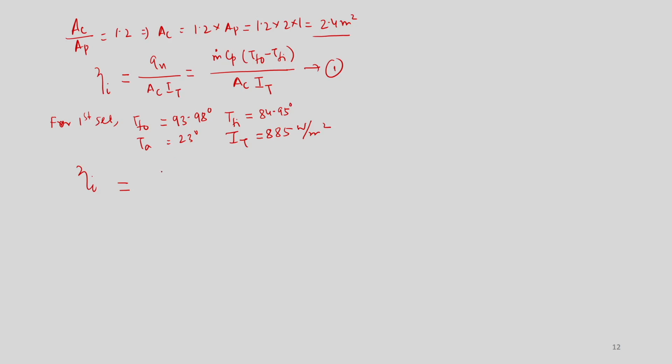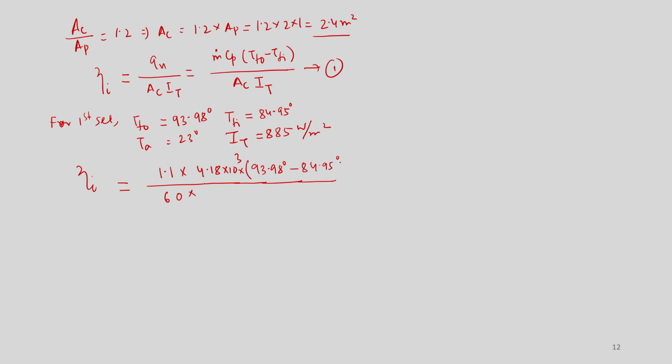So, m is how much? 1.1 liter per minute. So, 1 divided by 60, it will be kg per second. Then Cp value is 4.18 into 10 cube, which is 4.18 kilojoule, so we have converted to joule. And the temperature difference is 93.98 degree TFO, then TFI is